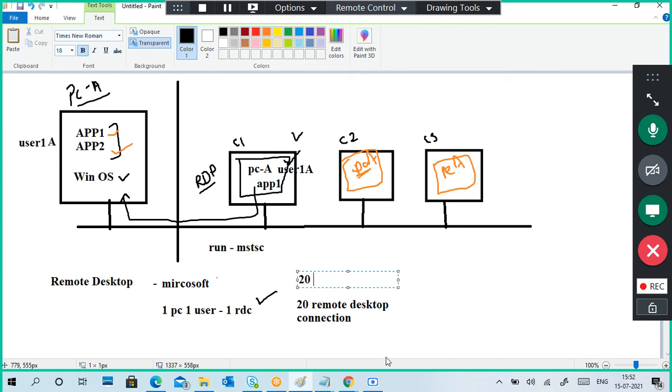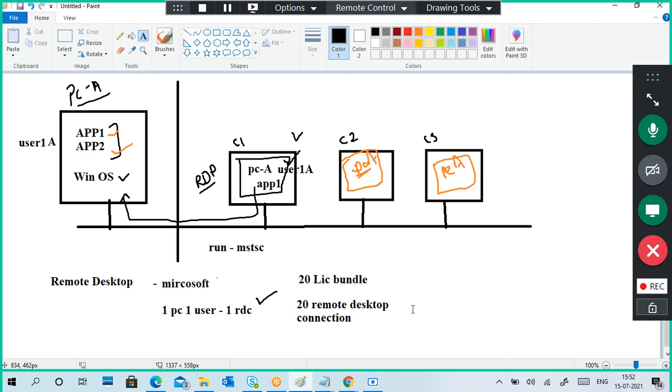Microsoft will give you a bundle of licenses. It will give you a license bundle, a 20 license bundle. You have to purchase a 20 license bundle to get 20 remote connections. If you have 50, then you have to purchase a 50 license bundle.